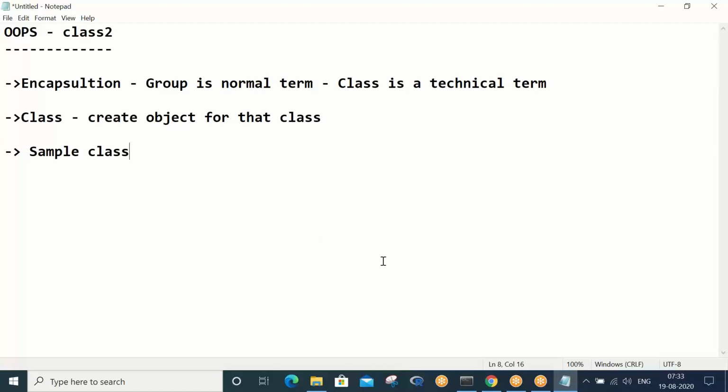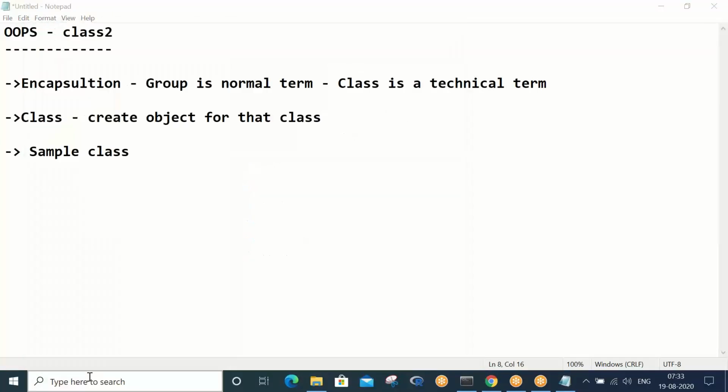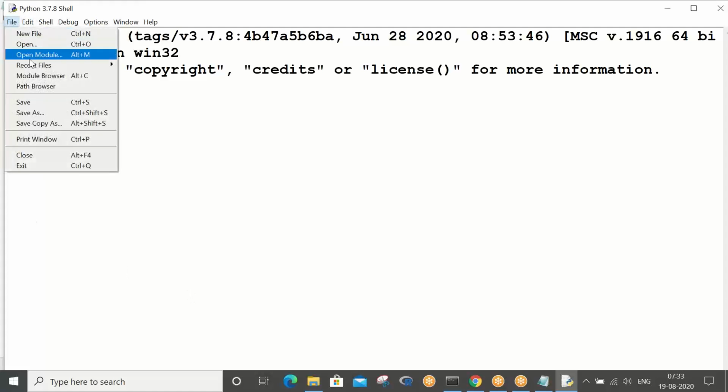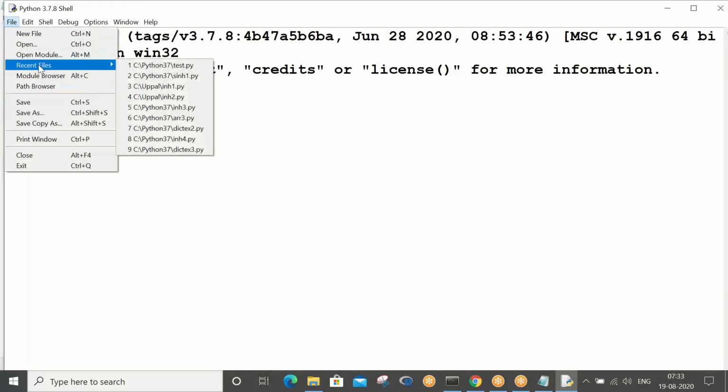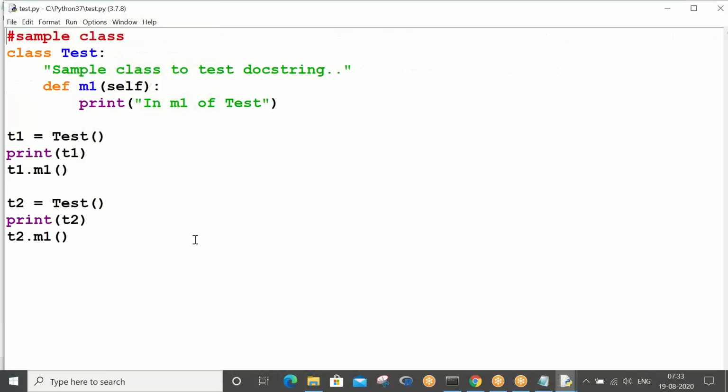So let me go ahead and open the first program which we have done, and I'll try to explain a little bit more. This is the program which you took yesterday.